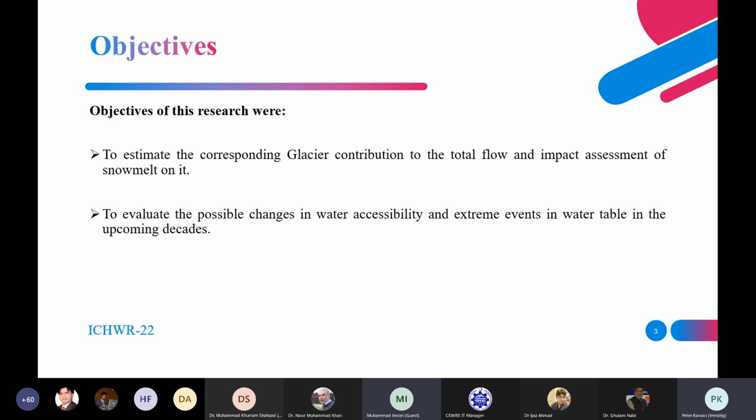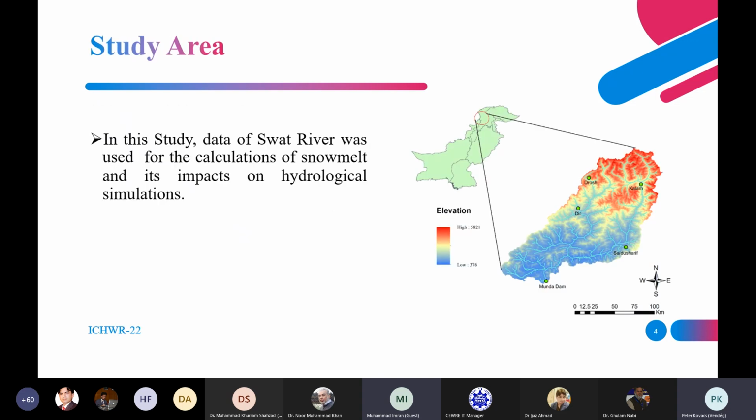The objectives of this research were to estimate the corresponding glacier contribution to the total flow and assess the impact of snow melt on it. The second objective is to evaluate the possible changes in water accessibility and extreme events in water table in the upcoming decades. Here is the study area. In this study, data of Swat River was used